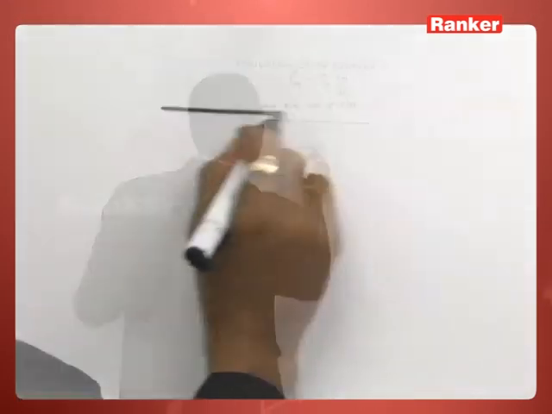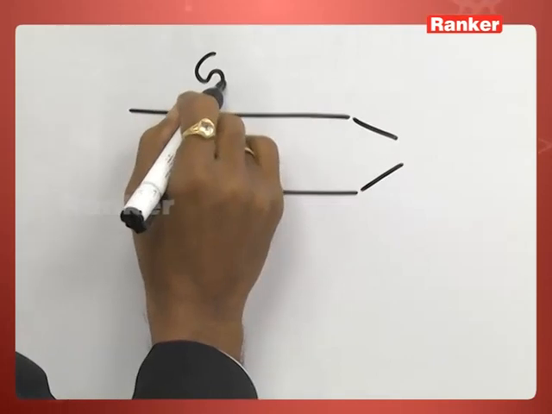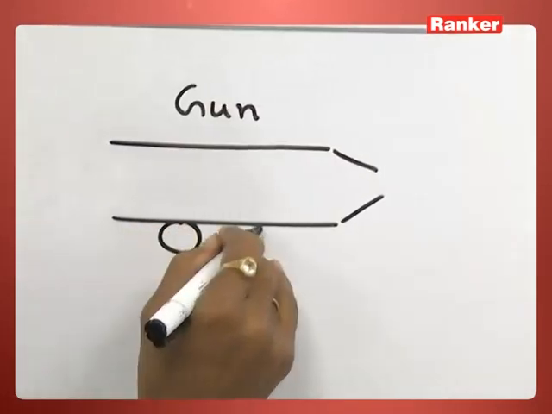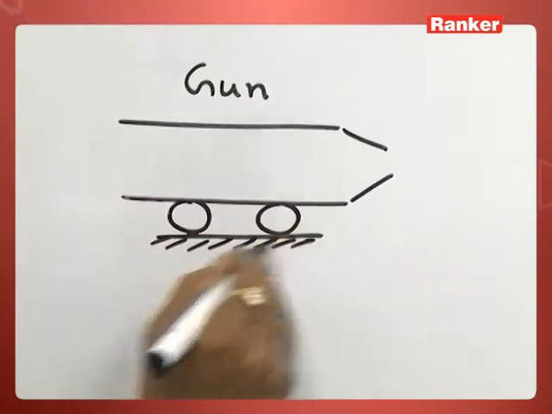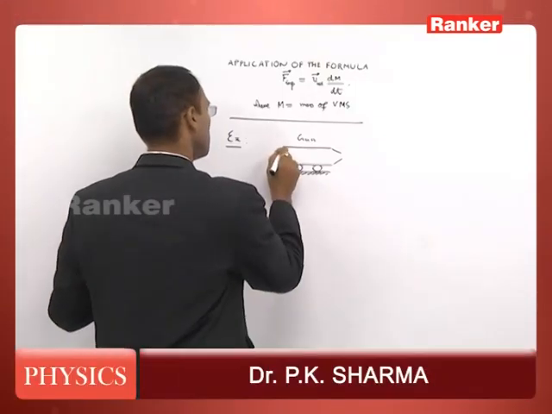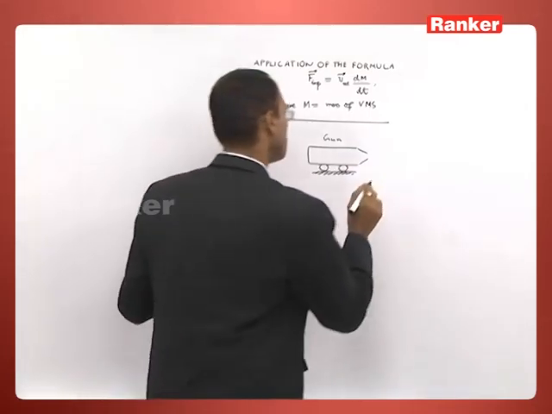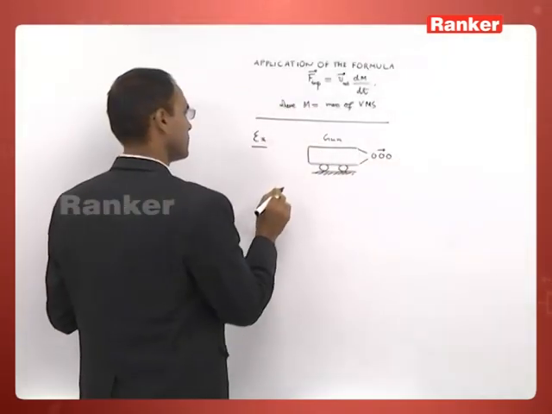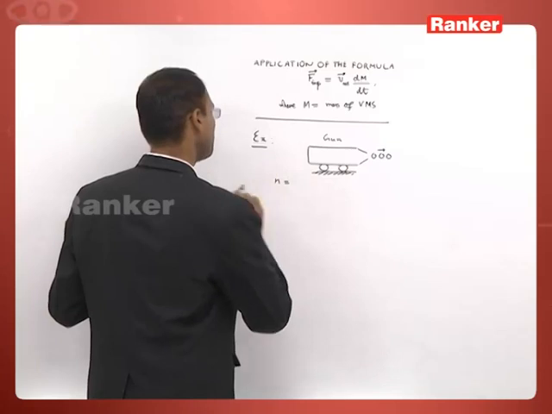The example is this gun or cannon, which is free to move on the horizontal surface, and the horizontal surface is smooth, fires n number of bullets or n number of shells